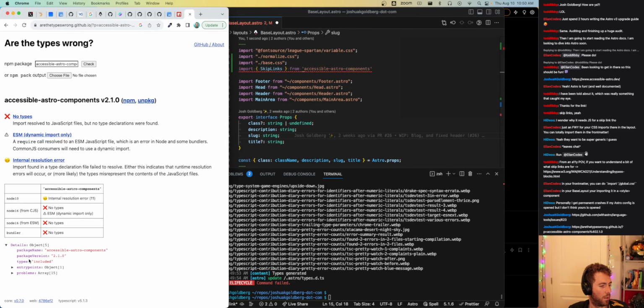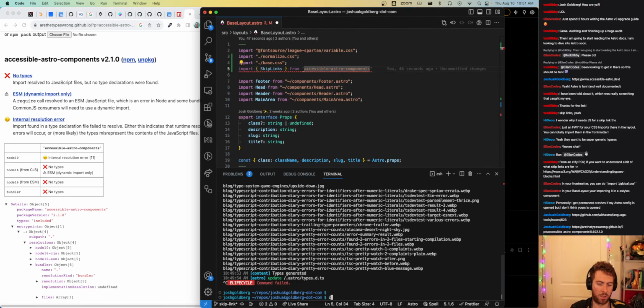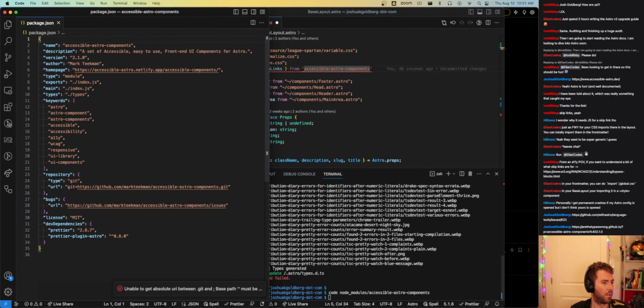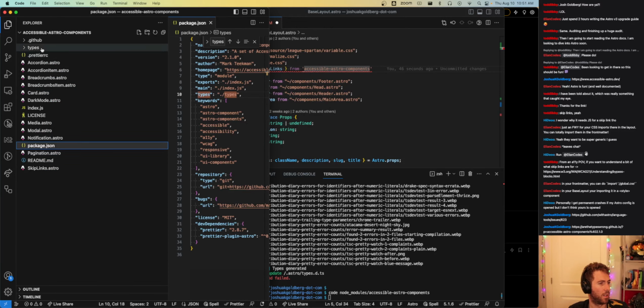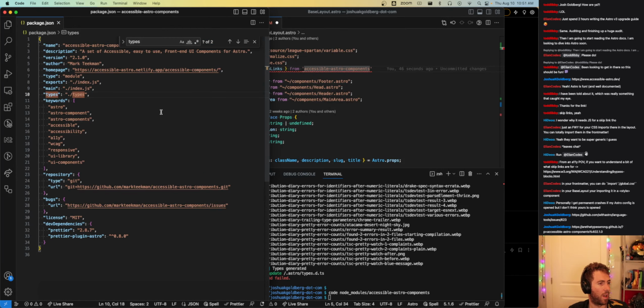So what it says is it has types. But if we go to node_modules, accessible Astro components, go to the package.json, types. It says, yeah, there's a types directory, which does have a .d.ts, but that apparently is wrong in some way.